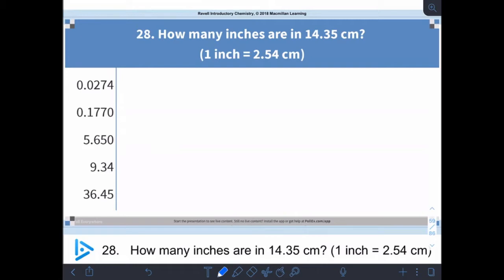But to continue on, we've got our conversion factor given to us right here in our problem. 1 inch equals exactly 2.54 centimeters. So we'll start with our given information, 14.35 centimeters. And I'm going to write my conversion factor to put centimeters on the bottom. So inches will go on top, centimeters on the bottom. So I should get, when I punch that into the calculator, a big old number,